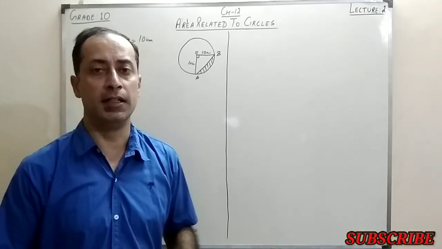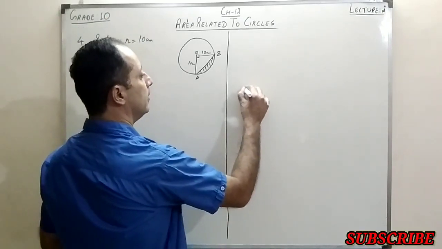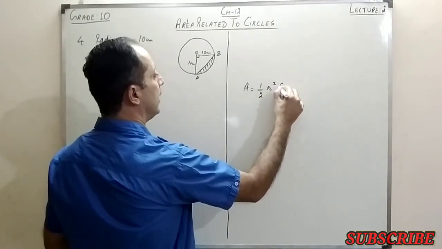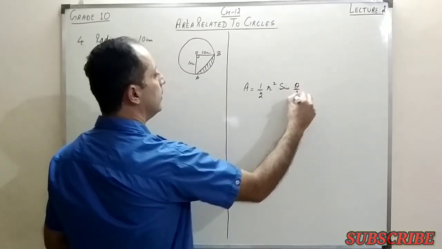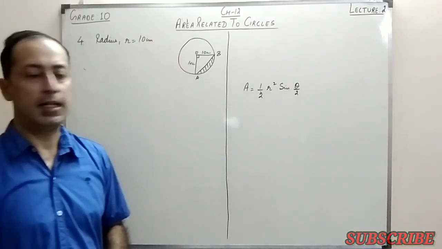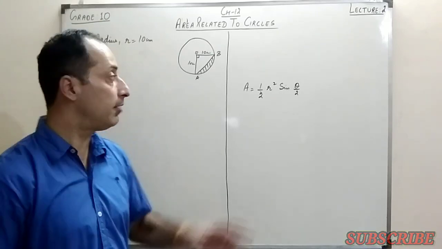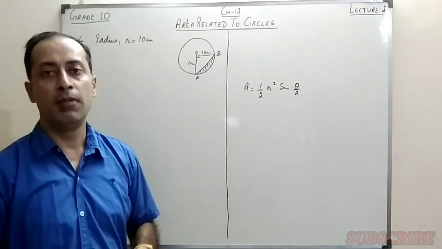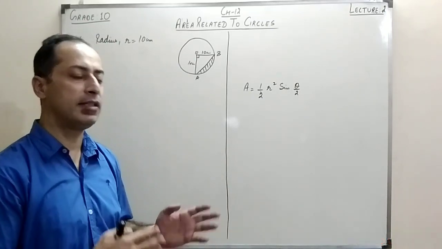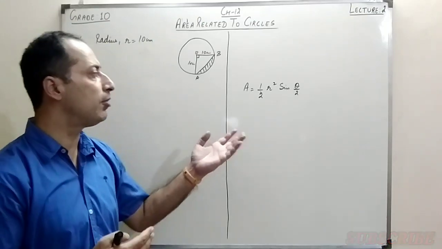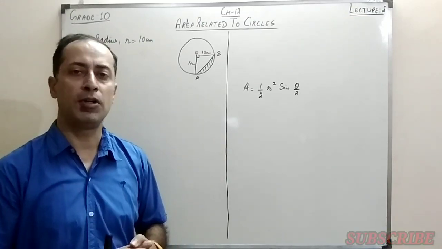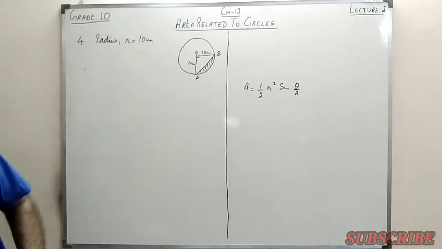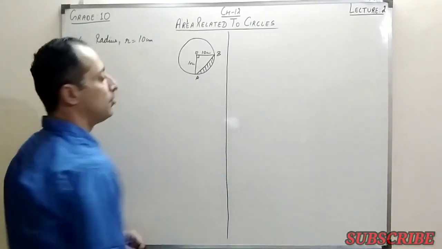But if there is some other angle, then we use the formula area of triangle equals 1 by 2 r square sine theta. Right? This formula can be used for any triangle. You can apply it for this triangle also. This is a general formula. You can apply it for any triangle to find the area, right? But if you have 90 degree in the center, then it's a right angle triangle, so there is no use of applying this. You can directly use your own formula, that is half into base into height, and you can find the area of the triangle, right?